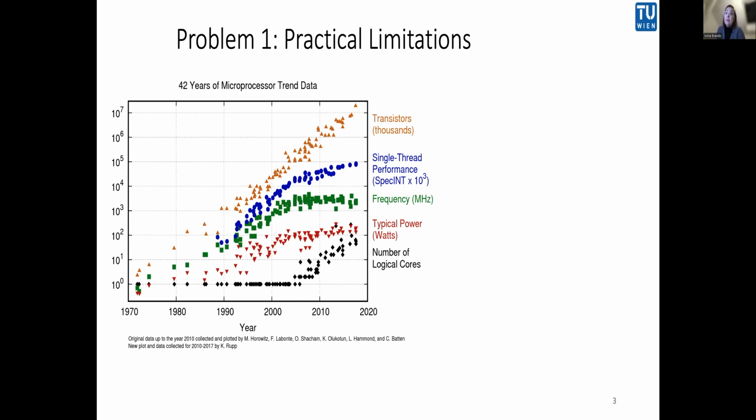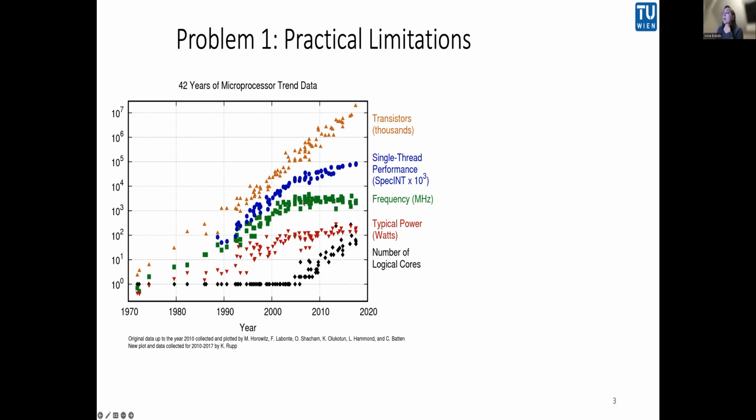If you look at this picture, what you can see here is the development of the microprocessors in the last 42 years. On the X axis you can see the time, and here you can see the number of processors. If you look into this picture, there are certain observations that we can make here. You can see the exponential growth of the number of transistors. This is the logarithmic scale. On the other hand, we see the stagnation of the single thread performance. Since 2006, we basically did not have significant